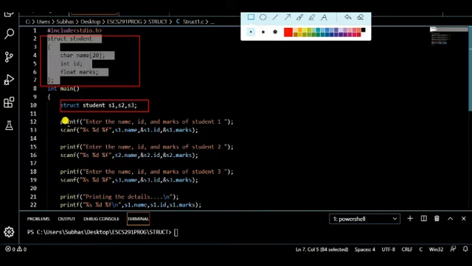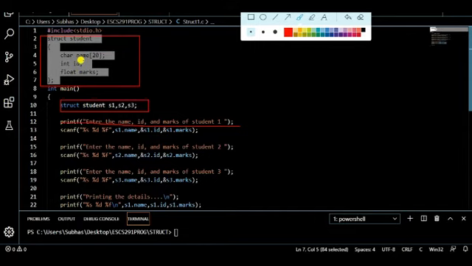So first I have used the printf statement to give the message: enter the name, id and marks of student 1. What is the name of the first student?